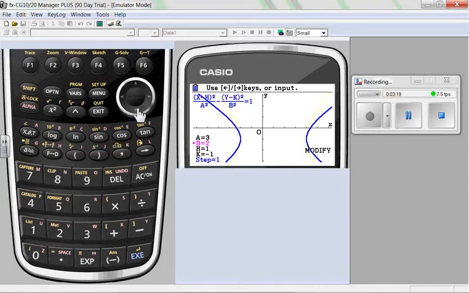I'm going to go back to 3 and a 2. H and K, again, I'm going to move H. How does H affect it? Looks like the whole thing shifted. Now I'm going to shift it back the other way. K, I'll do the same thing. As you all probably already know, K is going to shift it up or down.